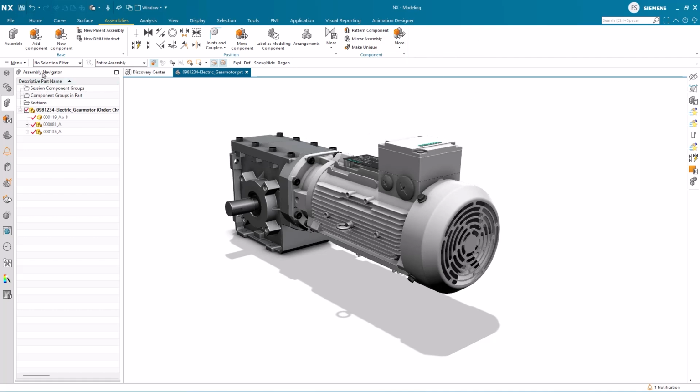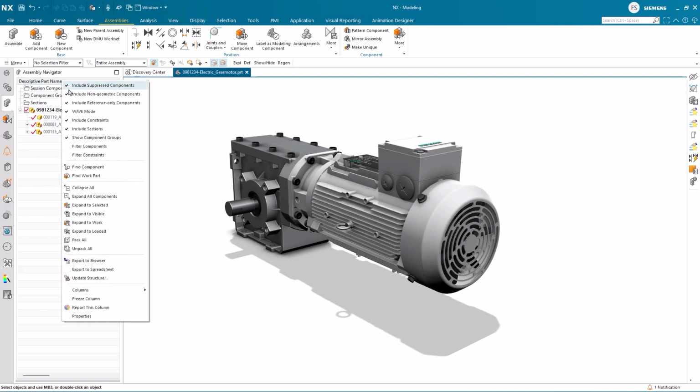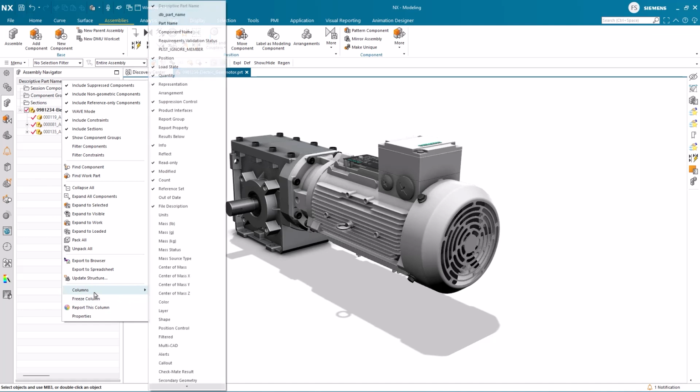The Assembly Navigator is a crucial tool when dealing with assemblies. Primarily, you use this tool to navigate your assembly. You most likely want to tailor the columns of your Assembly Navigator to contain the attributes of your interest. Simply right mouse button click on the top border of your Assembly Navigator window and activate the columns of your liking.